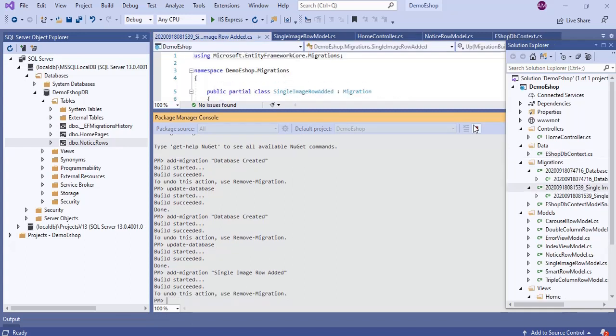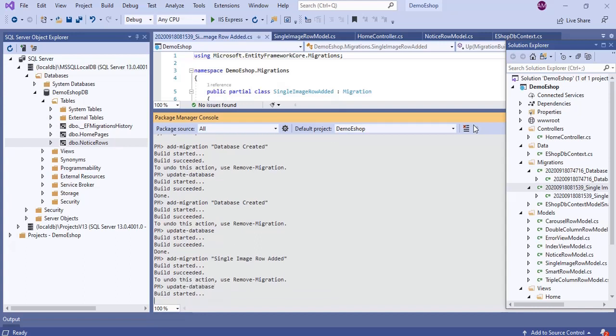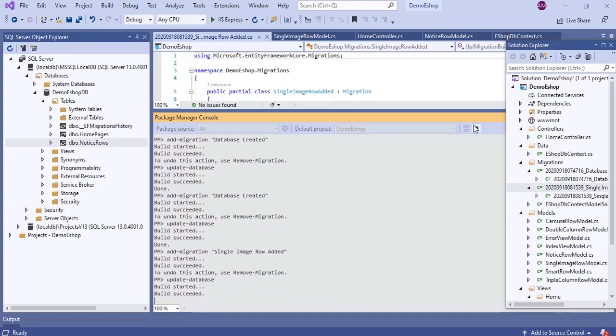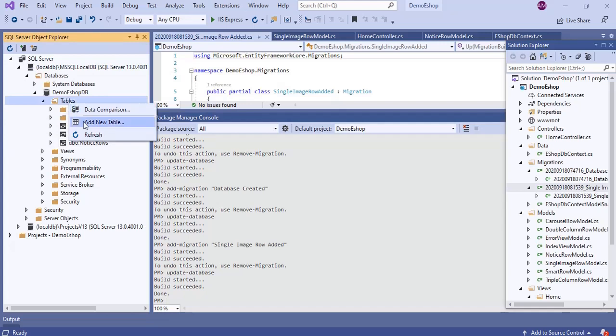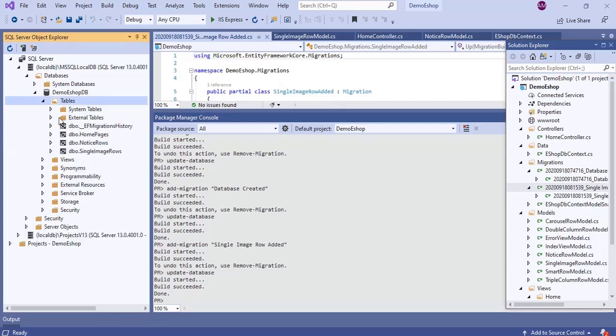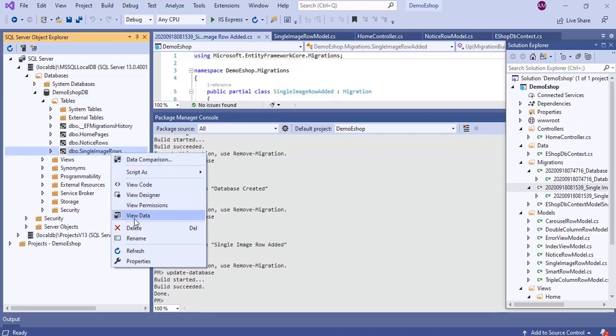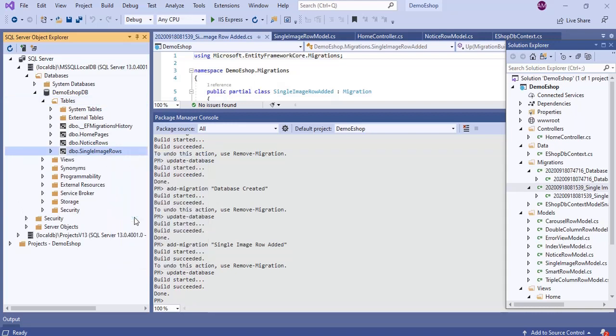We need to update this to the database. Update-database. So this is also done now. Let's refresh the tables. Yes, we got the single image rows also. Let's see, there is no data by default.